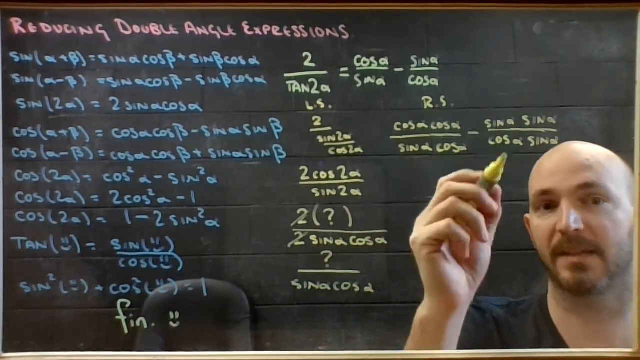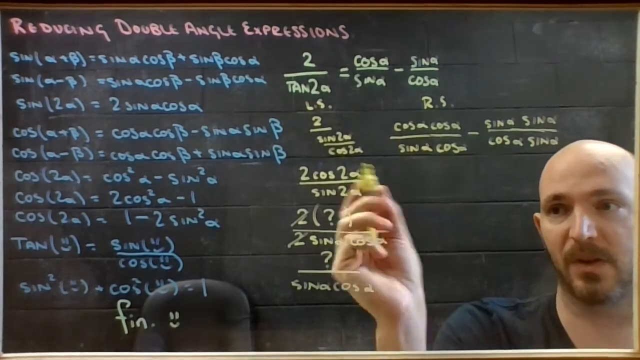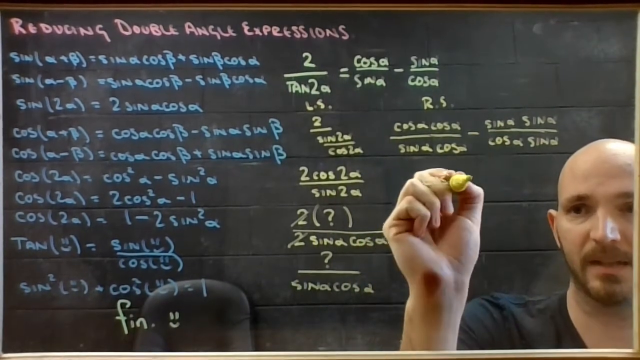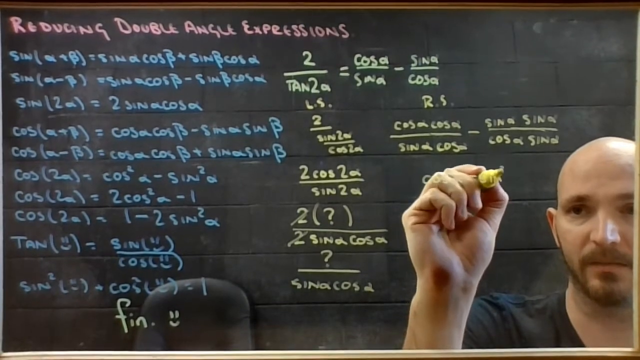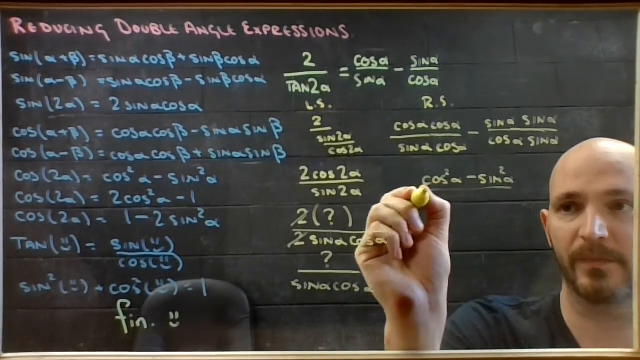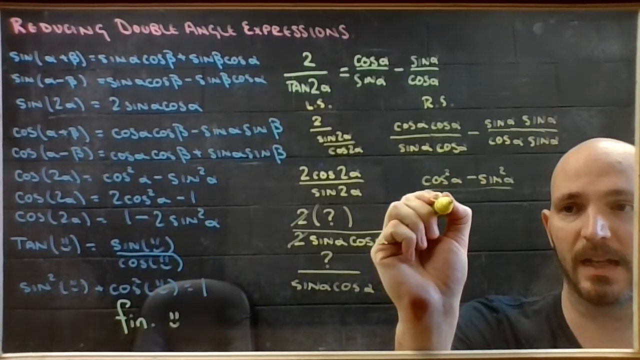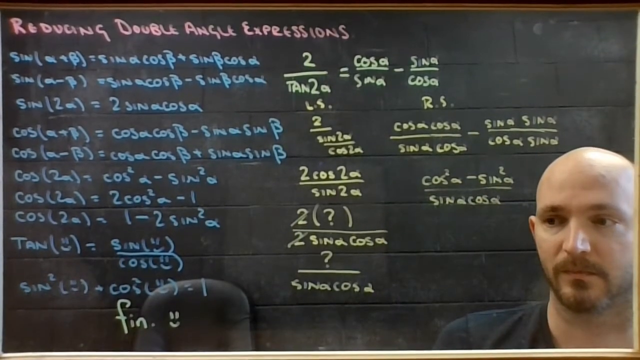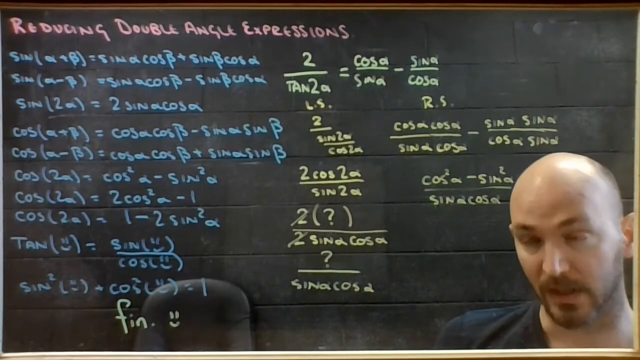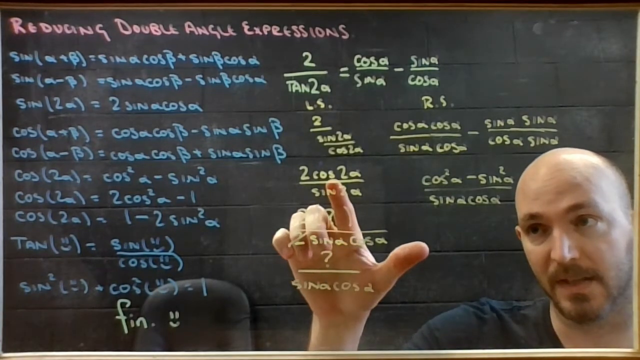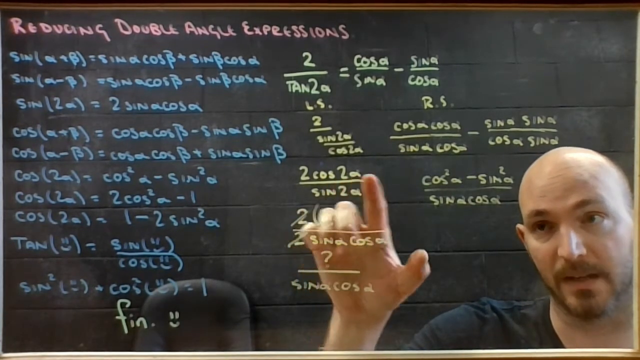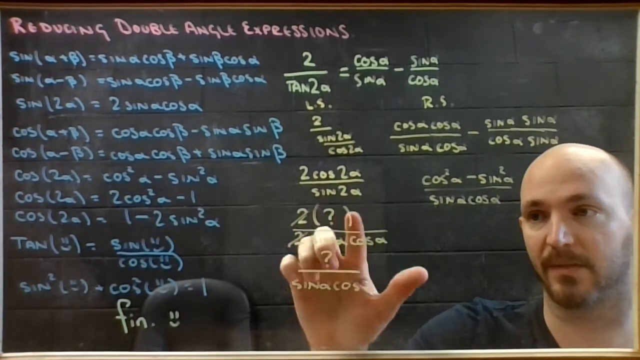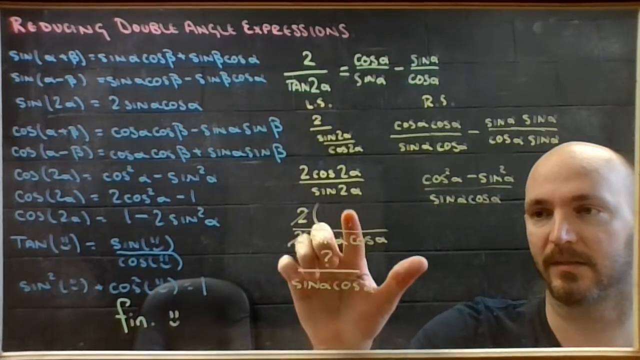I'm going to write these as one fraction. Cos times cos is cos squared. And sine times sine is sine squared over sine alpha cos alpha. Well, if I look in my list, one of the things I can replace cos 2 alpha with is cos squared alpha minus sine squared alpha. So if I did that,